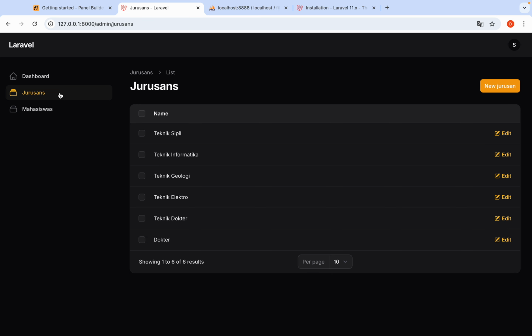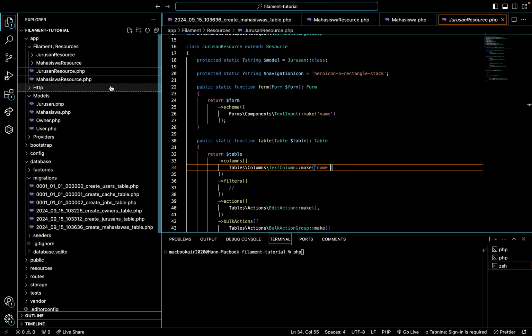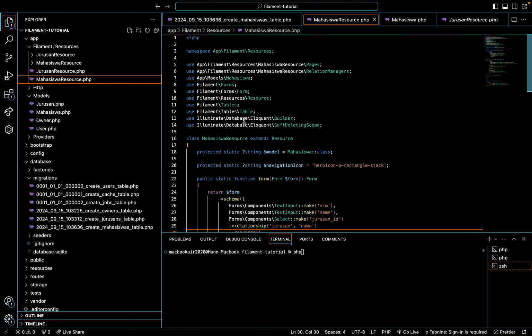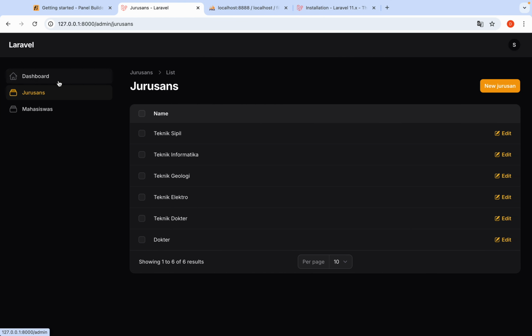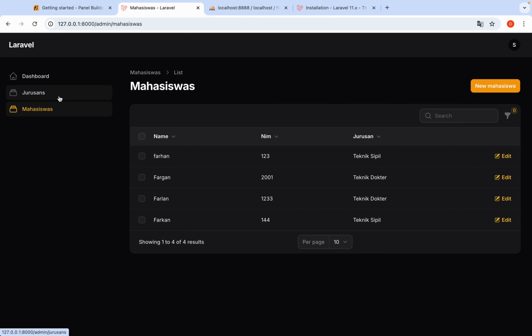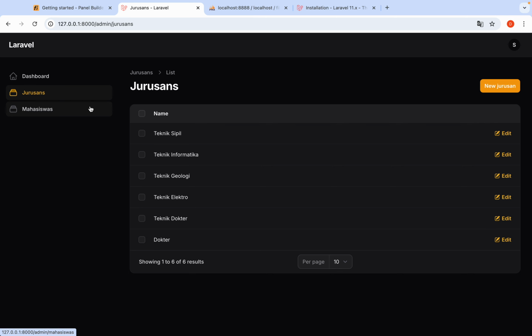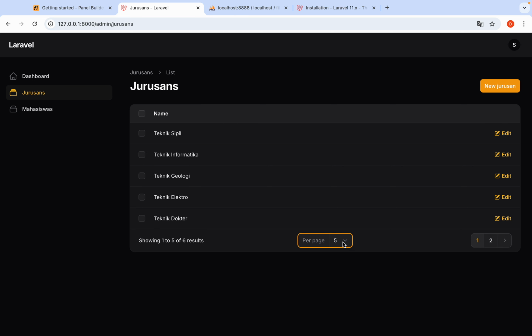And then, okay, after this, the page is then like this.